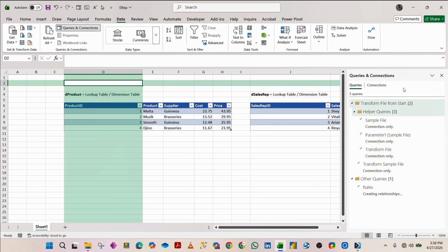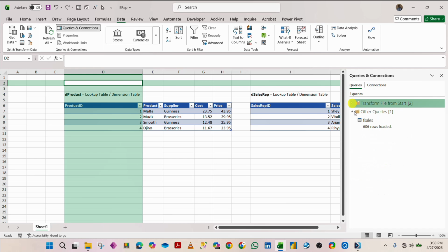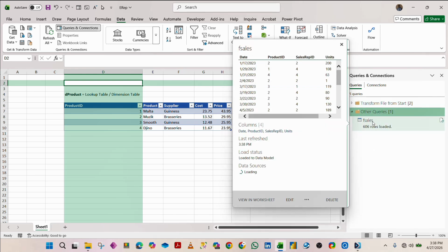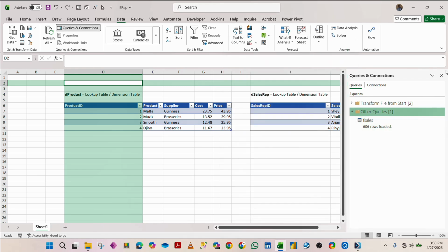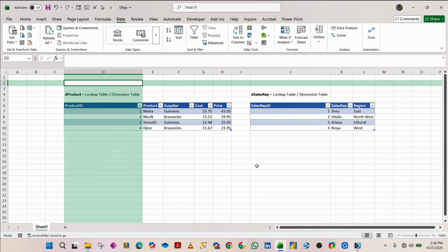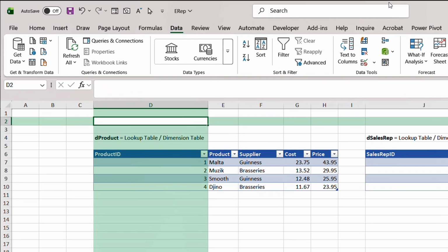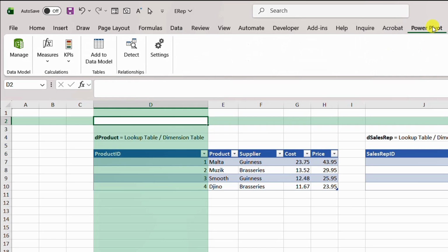So the steps have been applied here. Everything is already finished. Let us reduce this. Okay. So this is our FSales file here. So let us close this, so we can go now to Power Pivot. In order to go to Power Pivot, if we are in Data, you come here, you will see Power Pivot. If we hit this button, it will take us to Power Pivot, and we'll be able to see that particular fact sales. Or we can come here, Power Pivot, and then we go to Manage,